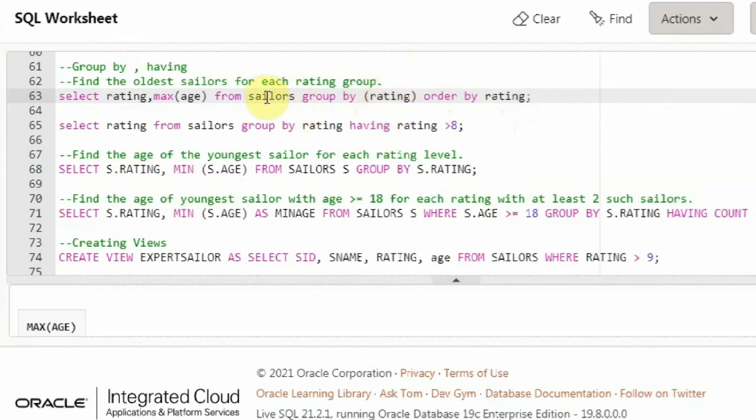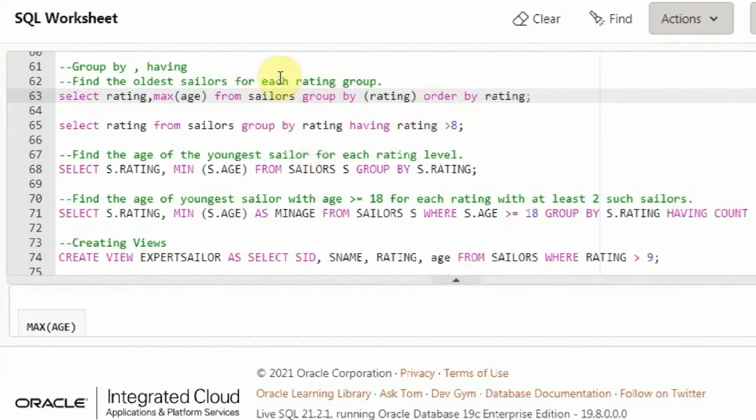Where is applied on the entire table. That's the difference between the where clause and the having clause. Where clause is applied on the entire table and it is applied before group by. Having is applied after group by and it is applied on the individual groups. Having and where both are qualification conditions. Where checks the qualification condition on the entire table, having checks the qualification condition on the individual groups formed by the group by clause. I hope everybody understood this difference between having and where.